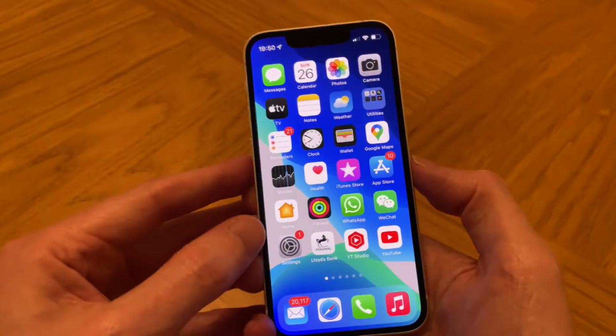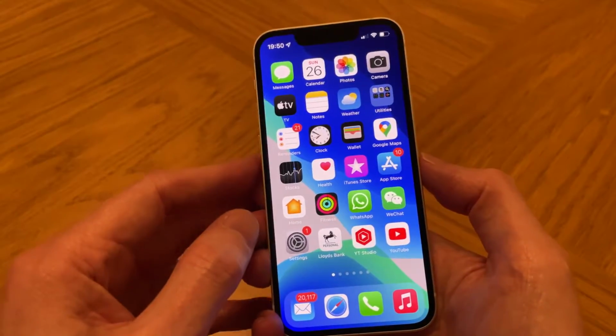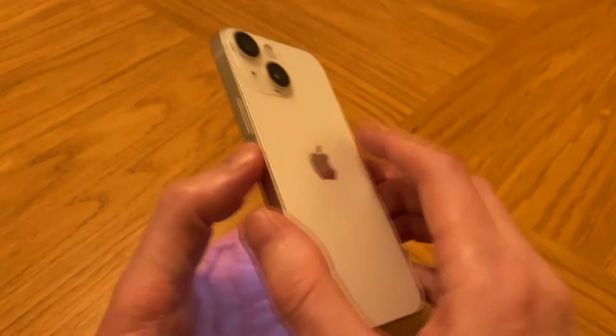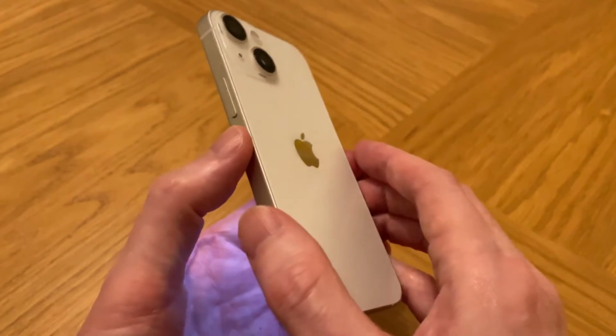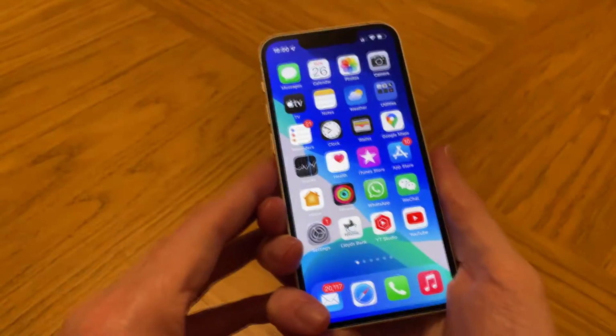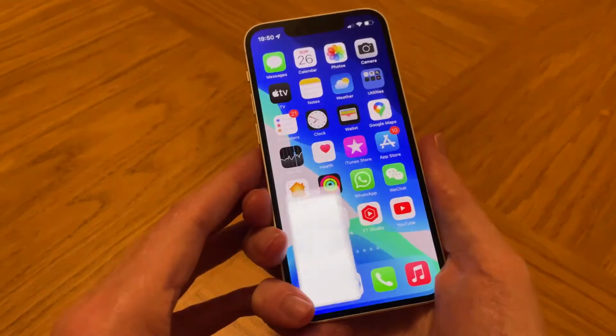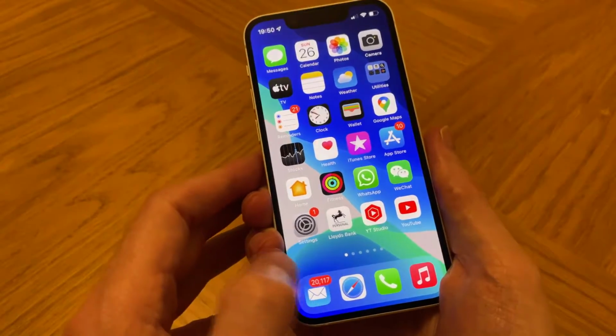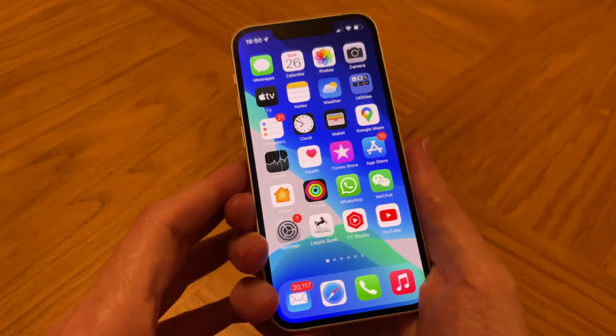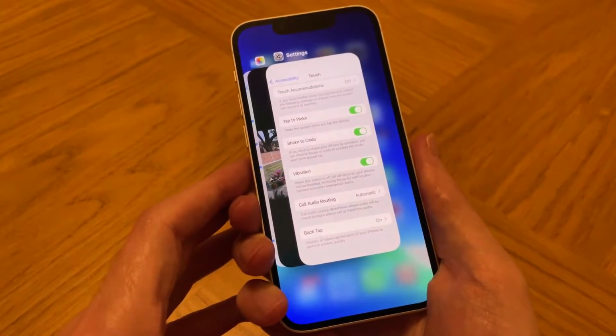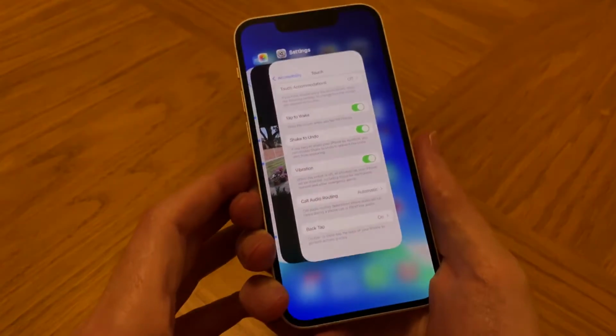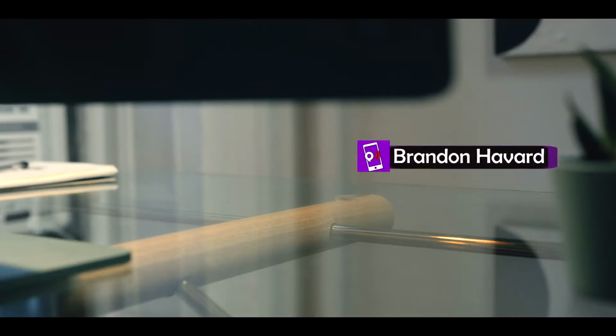So now we've set up the back tap feature. All we need to do now is use it, and we can either double tap or triple tap on the back of the phone. So if I double tap, 1, 2, it activates the screenshot. And if I triple tap, 1, 2, 3, it activates the app switcher. And this is actually a quicker way. You can actually do things more quickly by using